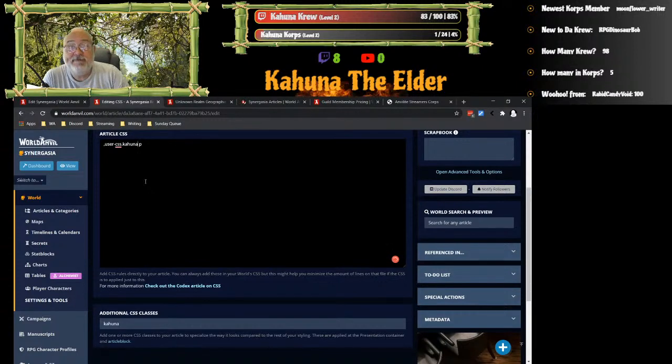Now, anything that is labeled with user.css.kahuna, that's a paragraph, will change to what I want without touching anybody else's. So you're going to use that little tag on all of your pages to indicate that you want it to use your code.